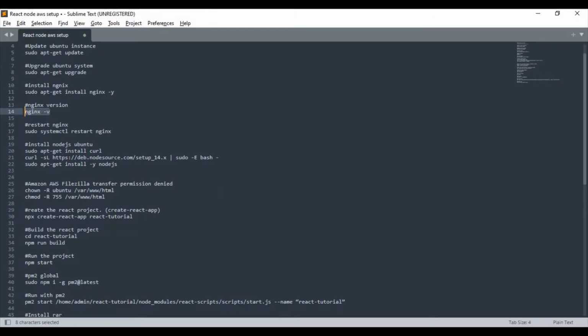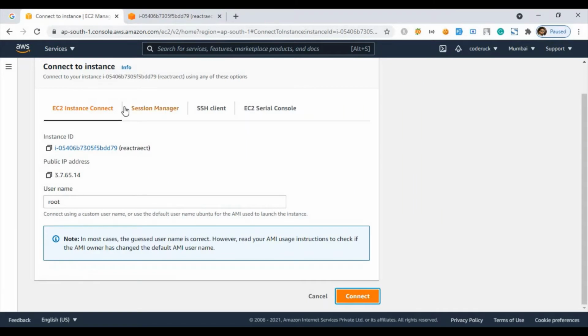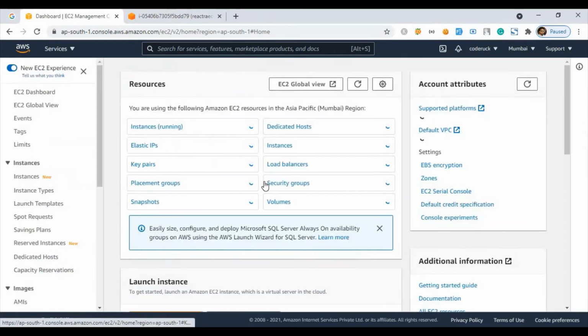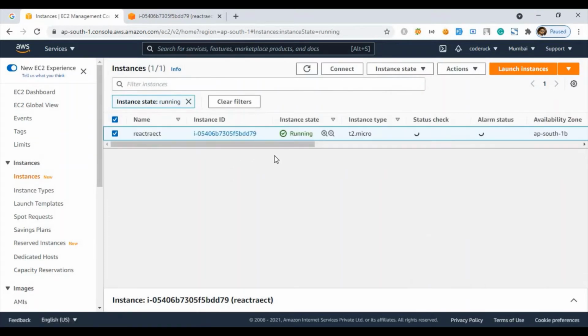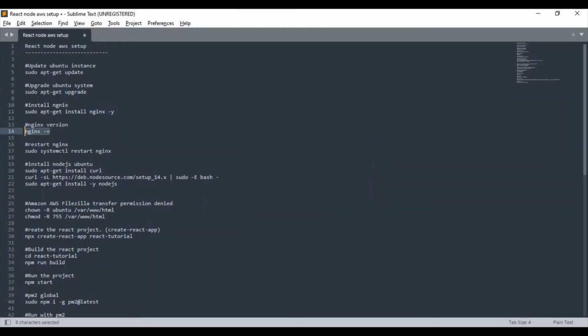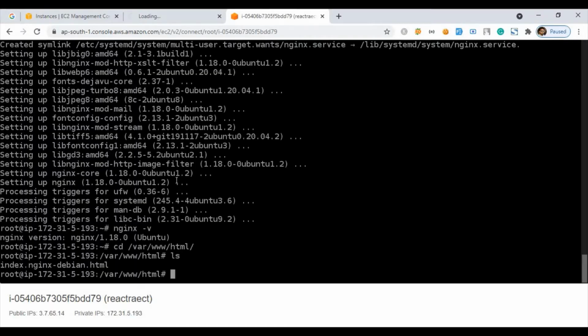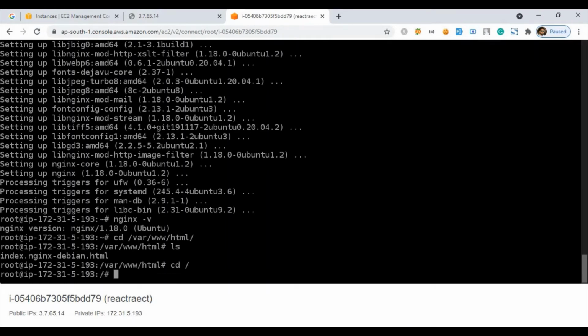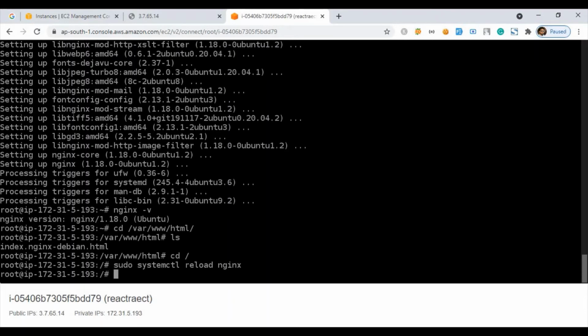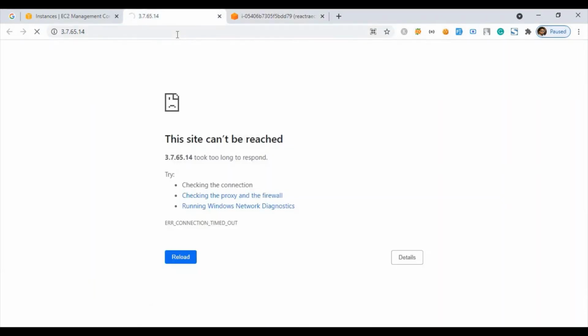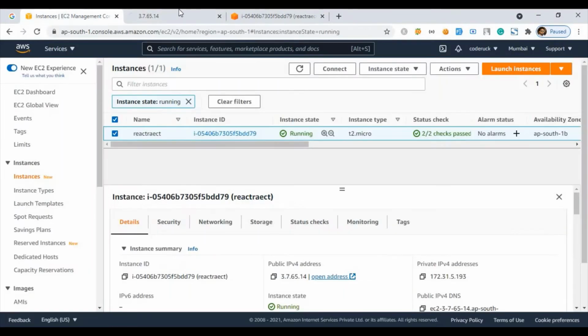Now what we can do, if we just go back inside EC2, and we have already installed nginx as our server. If I click this one, open address, nothing will come up, because we need to restart nginx to make this work. So as you can see, nothing is coming up. If I go in the root and run this command, nginx reload, then something has to come up. Okay, I guess it has not come up.